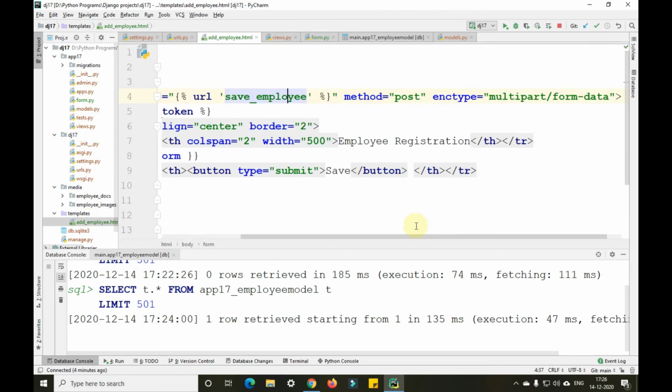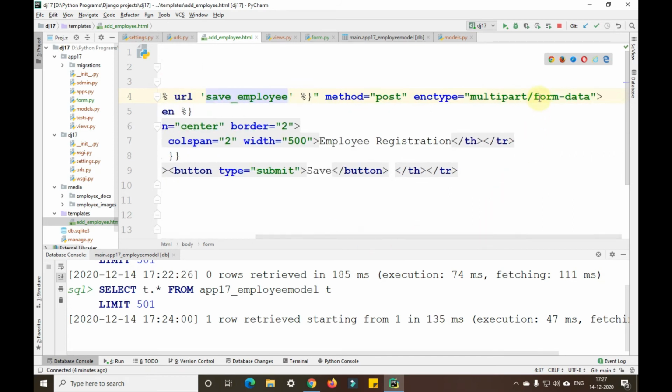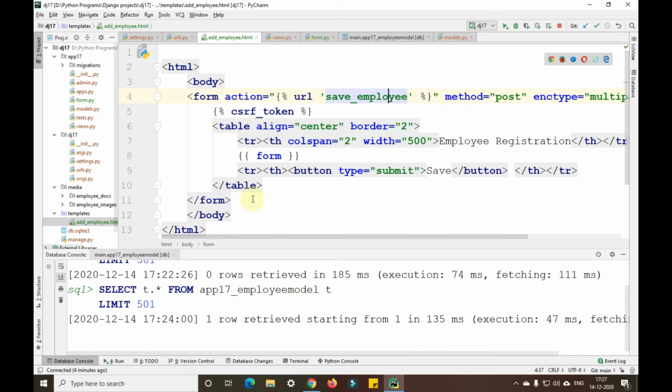How is that error being shown at all? Let me show you here. I have given form action equals to save employee, method equals to post, and encryption type equals to multipart/form-data. We have aligned this to center, so this form appears in a tabular format.